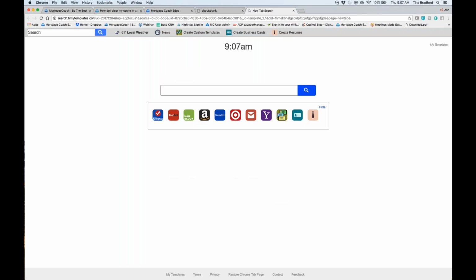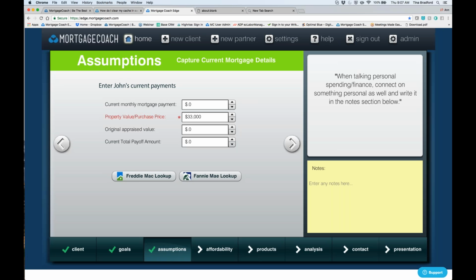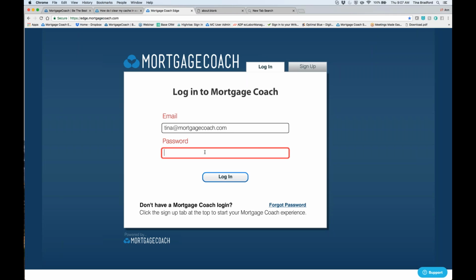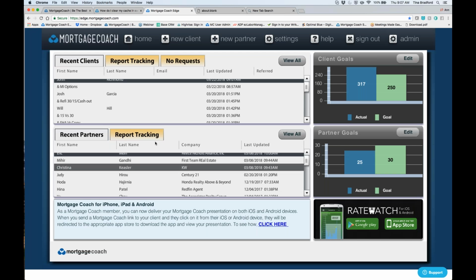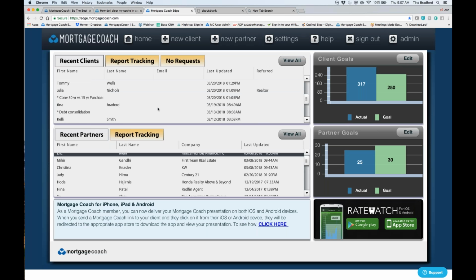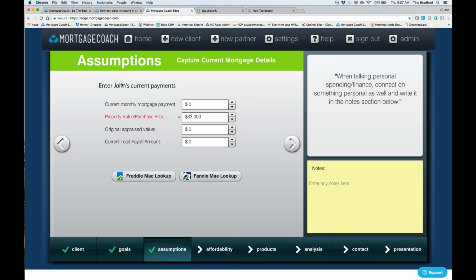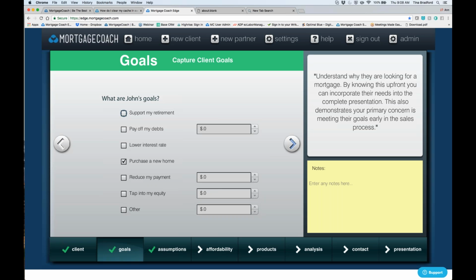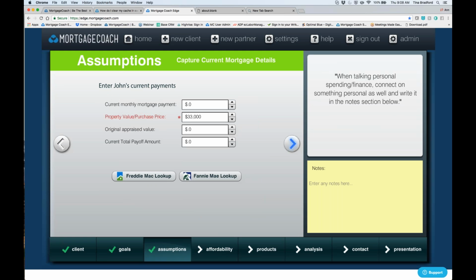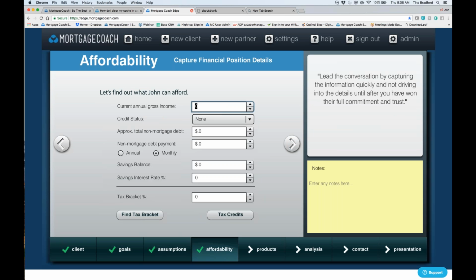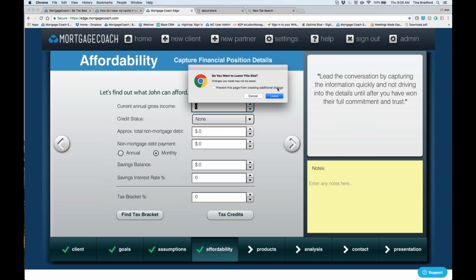Let's see if it shows up now. I need to re-log in. And we'll see if it shows up now. If not, I'll try using a different account. It's still not coming up. Let me try going completely out of Mortgage Coach.